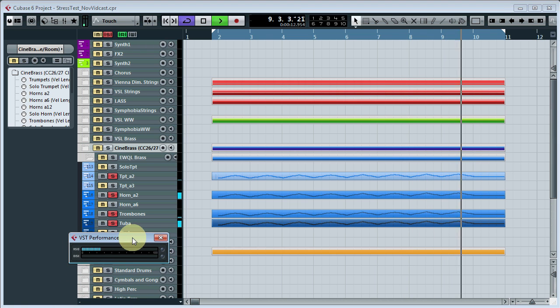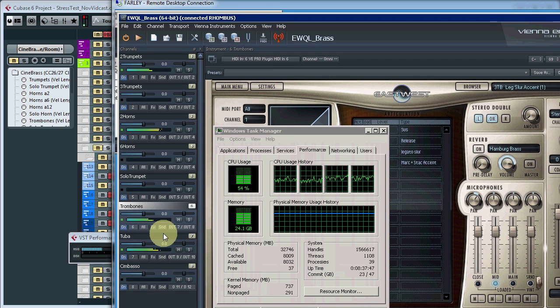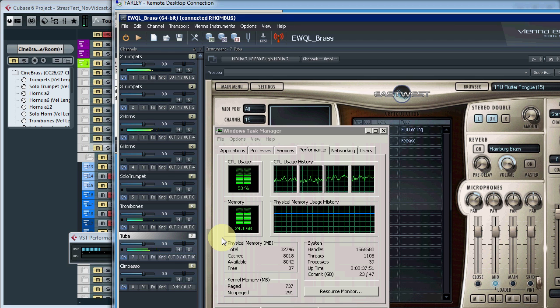You can hear the couple of clicks and pops, and you can also see on the performance meter here, when I added in the tuba, that's where I started to get the clicks and pops. So the tuba added about another 40 voices or so. So that's a total of only about 160 voices out of the Play sample player before I start to get